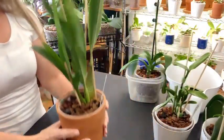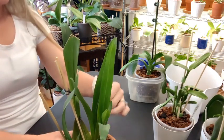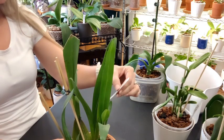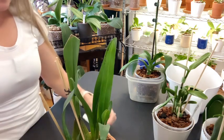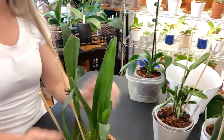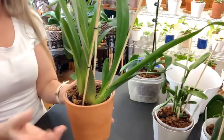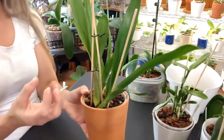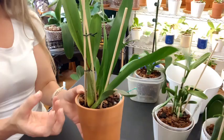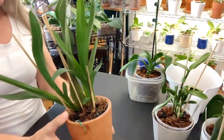Now, this is the Wilsonara Martian Leather Berrylicious. Let me take my tag out. So I got her in May of 2020. I repotted her in December of 2020. And when I got her, this back bulb here, she actually had 3 bulbs. One of them dried out. It was a small seedling bulb. And then there was another bulb that got really mushy and rotted. So I did an emergency repot. I'll post the video somewhere up in here if you want to go look at that when you're done watching